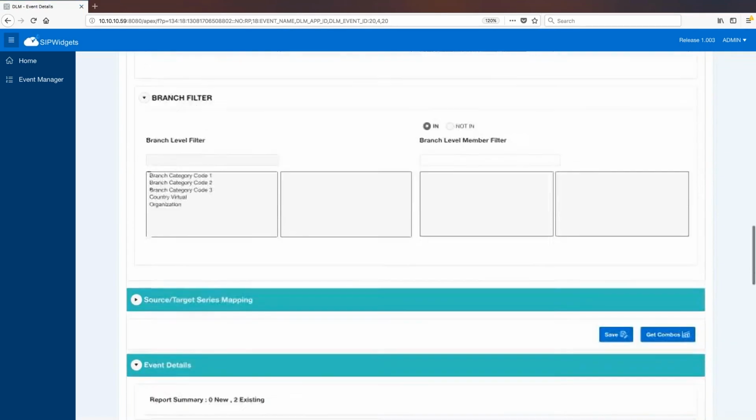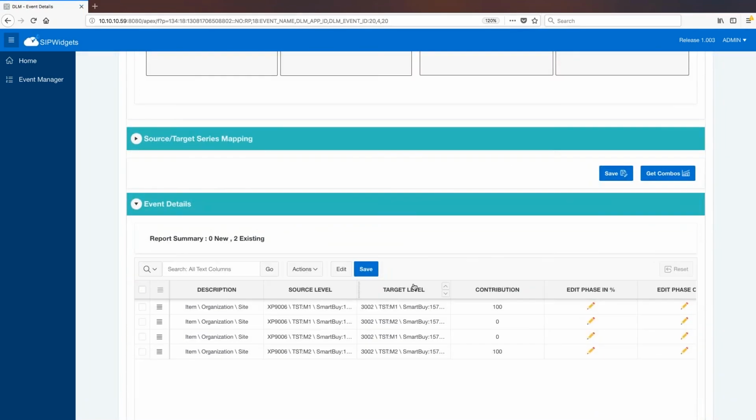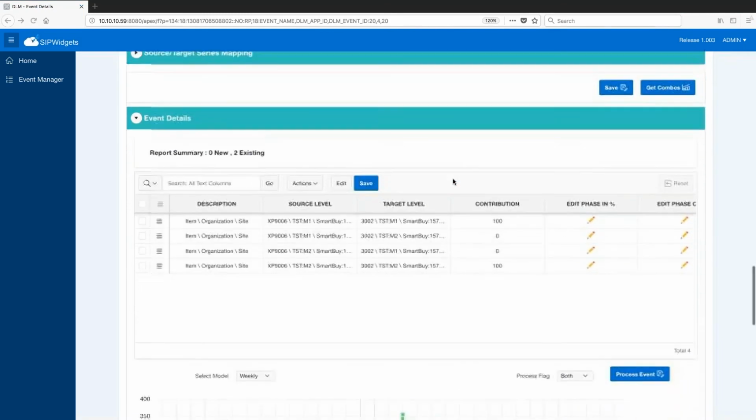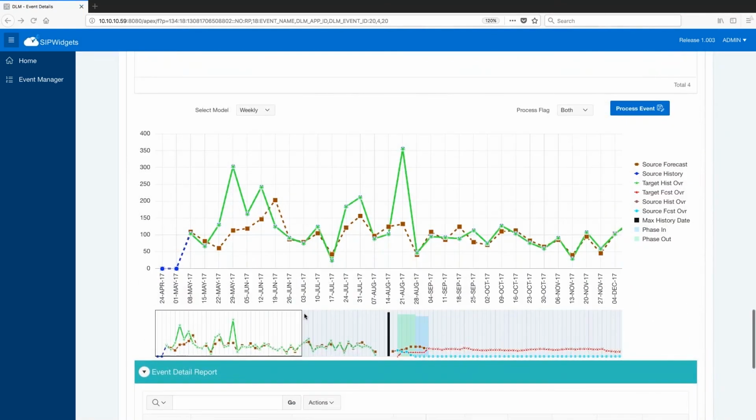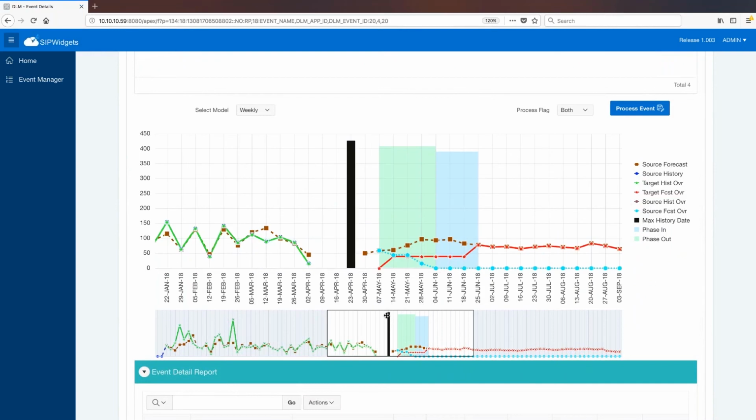And we go down and we look at the various combinations of the event details here. And there are some more new features available, which I'll review in a minute. But let's look at the results first, and then we'll get back to this one. So let me bring the slider to the right result point. And as you can see, the black bar indicates the past history on the left and the forecast of the future information on the right.